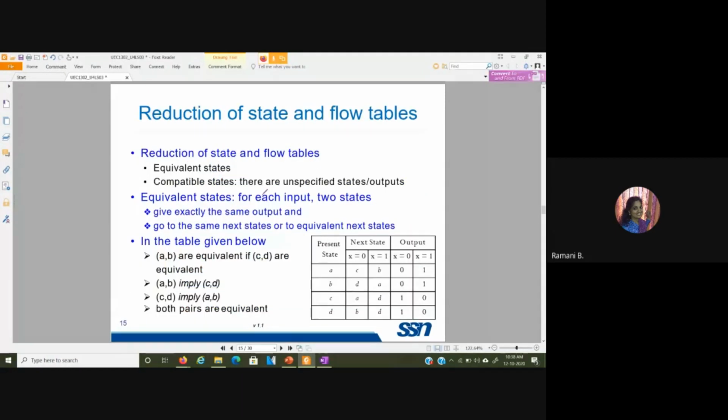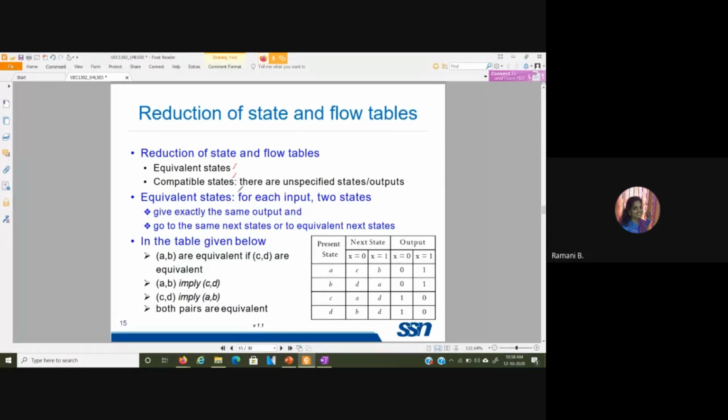So next we shall see the reduction of state and flow tables. This we actually know. We will be seeing the conditions of equivalent states and compatible states. With equivalent states, if two states have the same next state and output, we say those two states are equivalent.